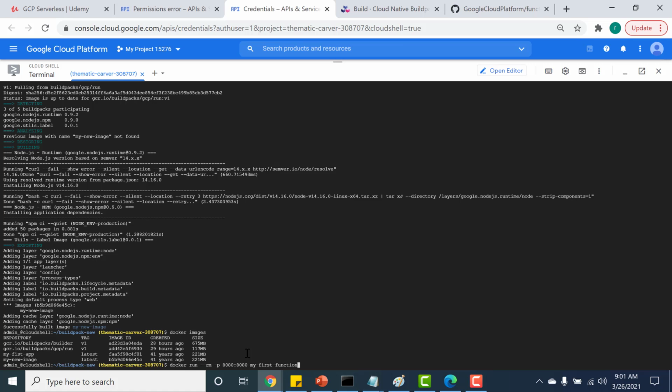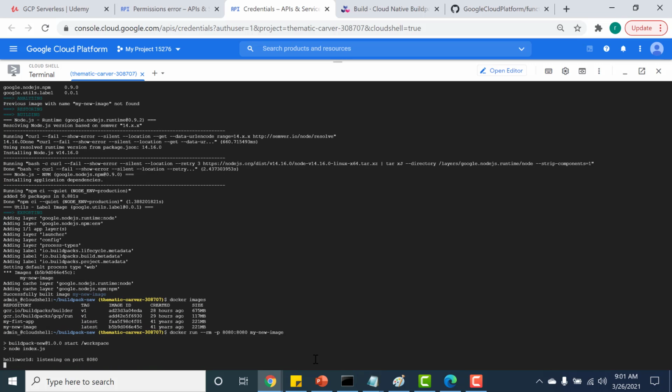To run the image, it's basically the docker run command on port 8080, and here you need to give the name of your image, which is my new image. Let's create a container out of this image. Okay, it's running on port 8080, so I'll open the web preview on port 8080 to see whether it's working. You can see that this container is up and running.